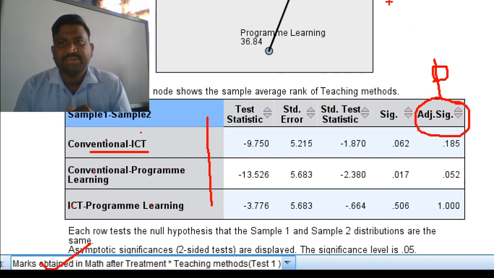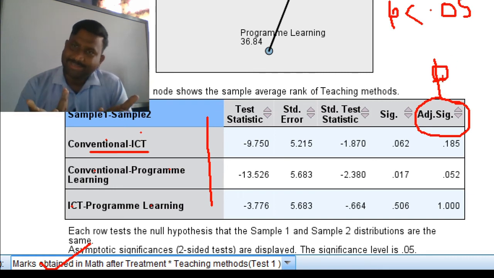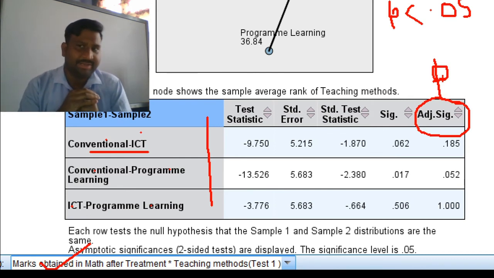If this P is less than 0.05, we reject the null hypothesis, and greater than 0.05, we accept the null hypothesis.